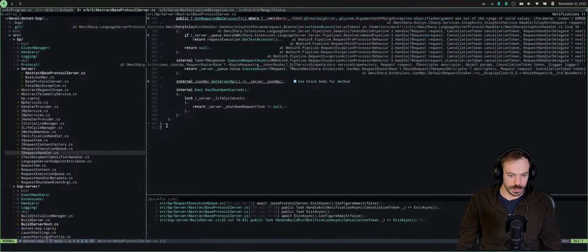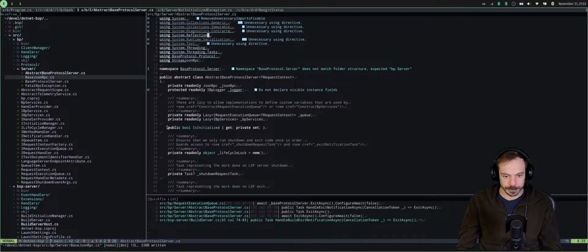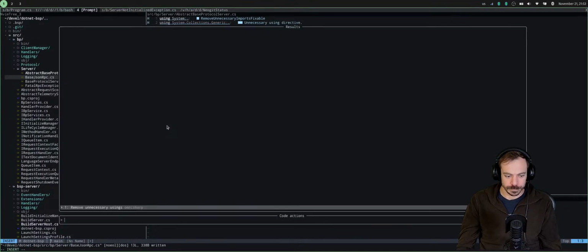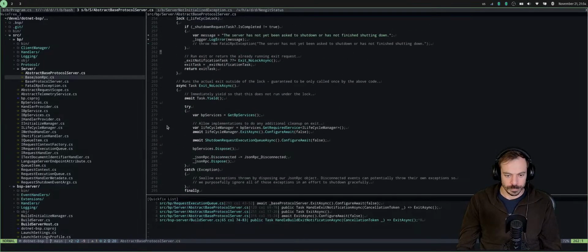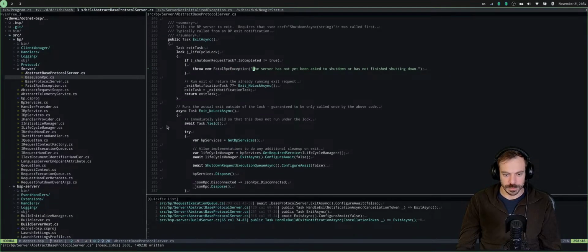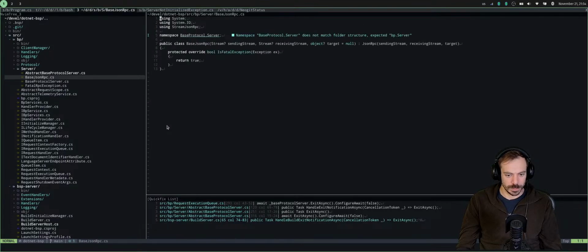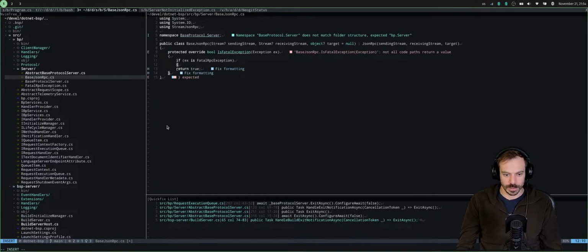I'll move this to a new class. So this, remove this, and in the base JsonRpc, if the exception is a null exception, then we'll return true, and also return false.